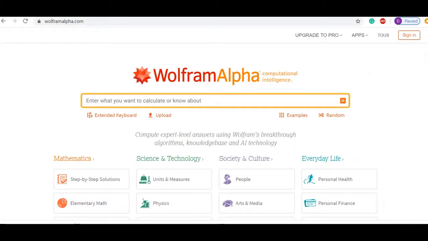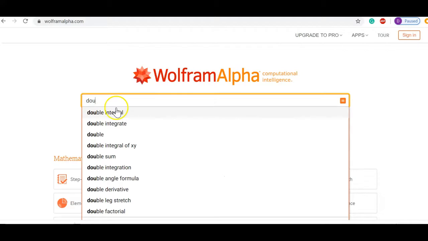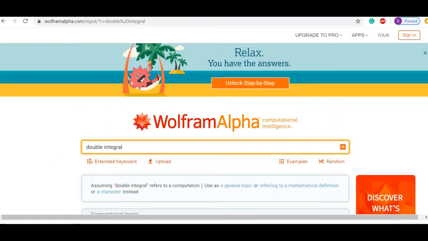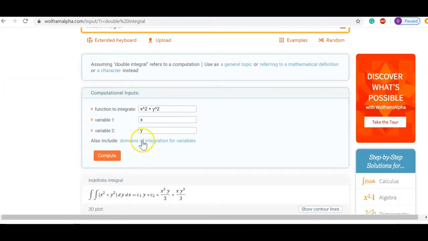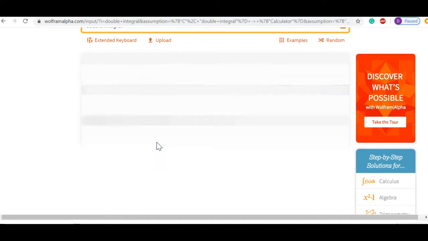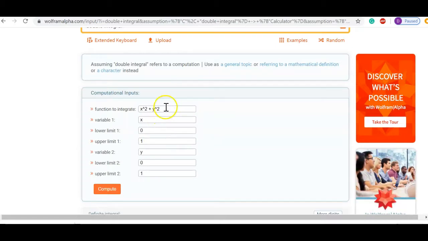Alright, let's check our work. This is Wolfram Alpha, and I am going to type in here double integral. It'll pop up, and I'll click on that. And then it'll ask me, what is your function to integrate? Now I'm going to tell it to give me the domains, because this is a definite integral. Alright, what's my function to integrate? I'm going to say it is